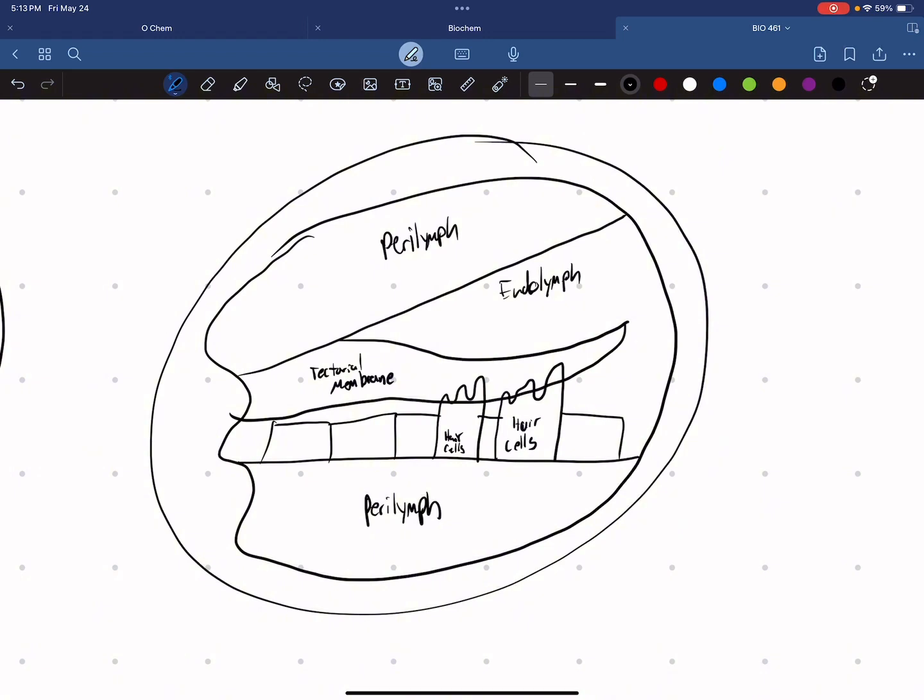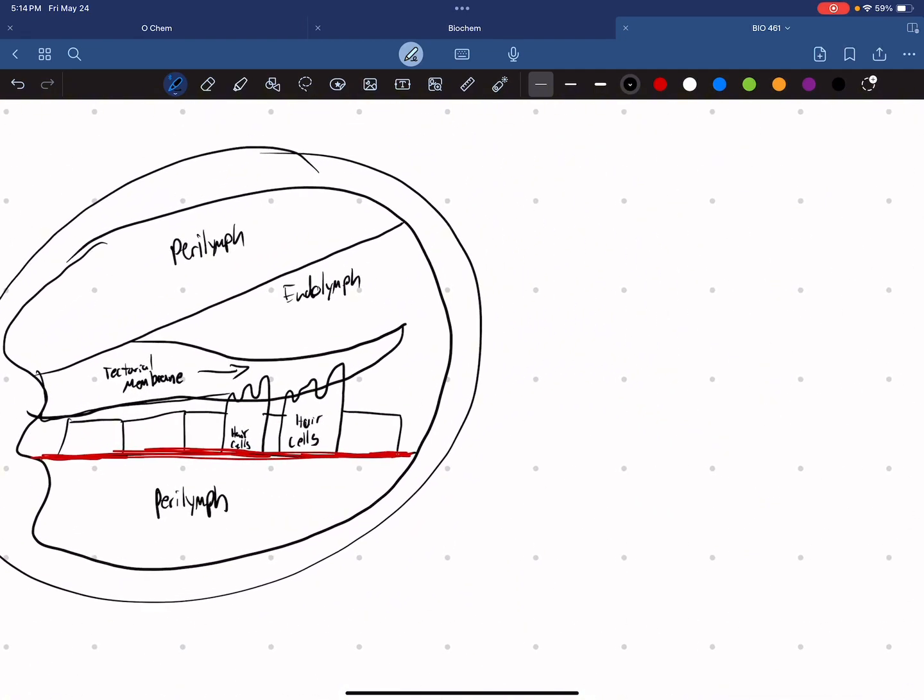And so what happens is this tectorial membrane is a softer material that is going to cause this movement to happen when there's a vibration, when we feel those sound waves. Here highlighting in red again is the basilar membrane. And so what happens when this tectorial membrane senses those vibrations through those waves, it's going to move this way along these, pushing these hair cells from the shorter hair cells to the longer appendages of the hair cells. And so go ahead and blow up a hair cell,